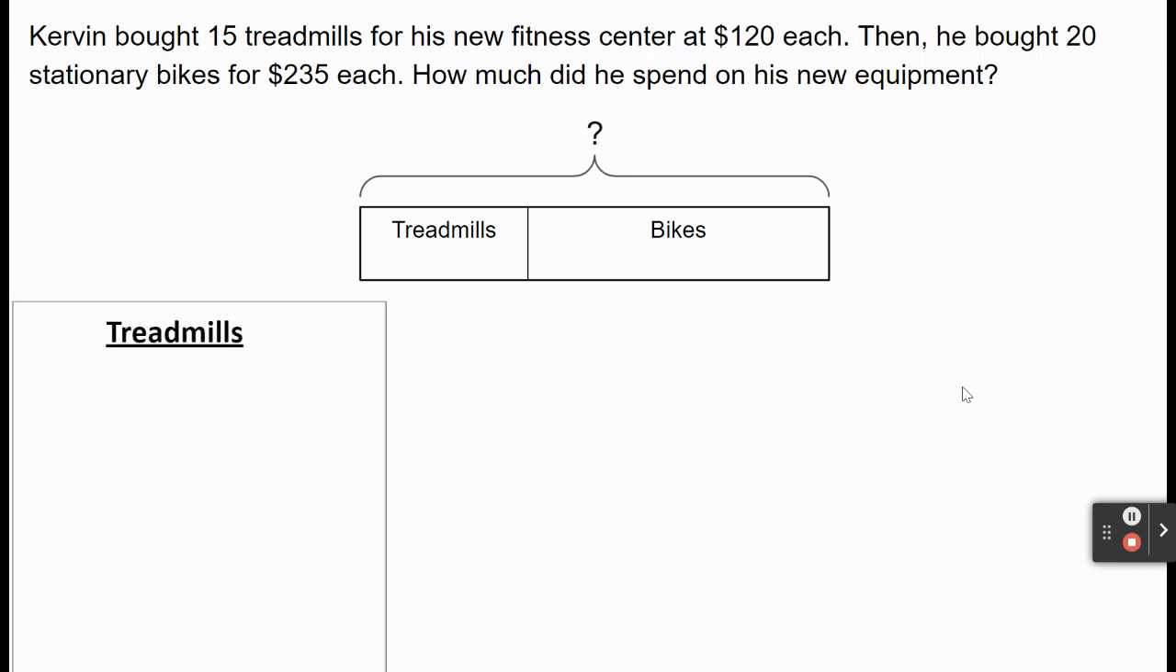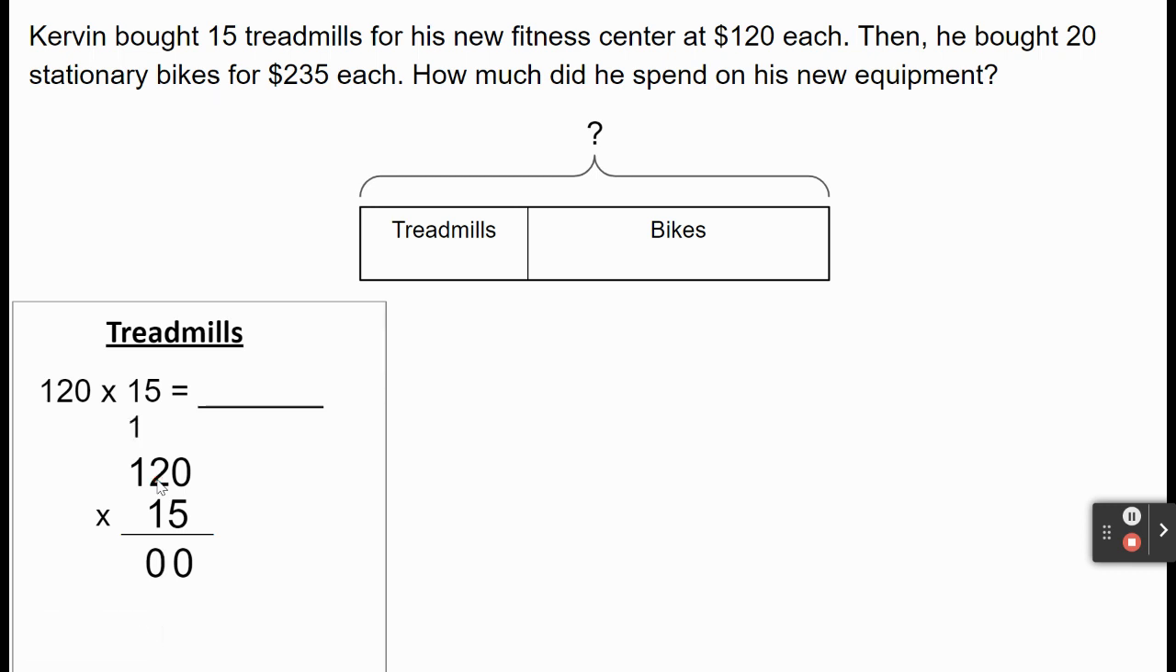Let's first find out how much Kervin spent on treadmills. We can see from the word problem that Kervin bought 15 treadmills at $120 each. So we're going to multiply these numbers together to figure out how much he spent on treadmills. We'll line these numbers up vertically, which means one on top of the other. First, let's start by multiplying 5 times 0, which is 0. Now we can do 5 times 2, which is 10, so we'll place a 0 in the tens place, regroup